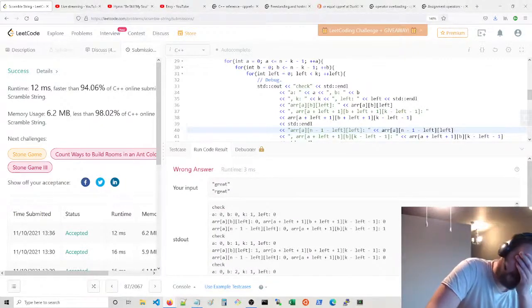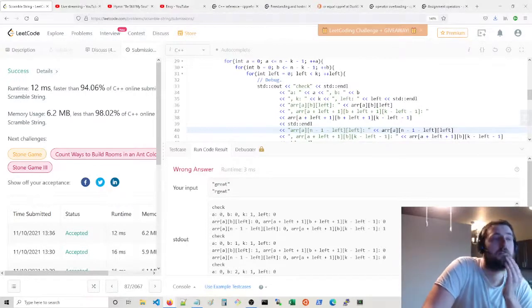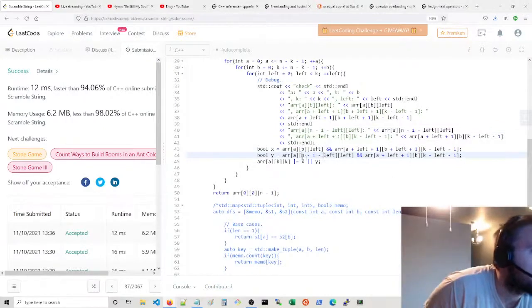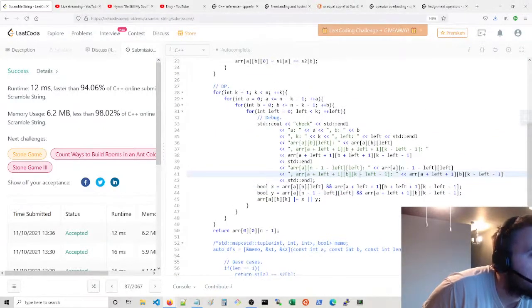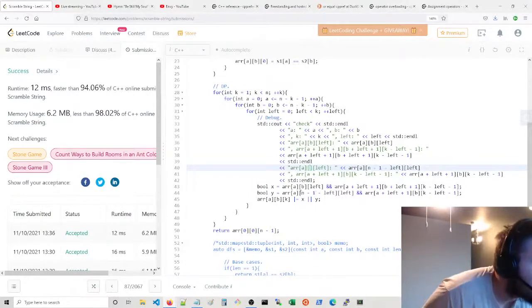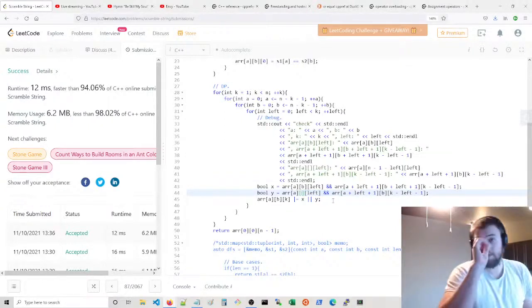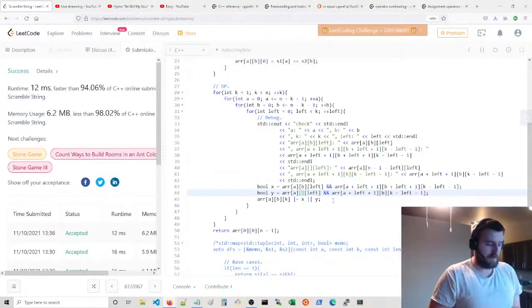Because we're looking at subsections of the strings, not always starting from the end. So that's why my N minus 1 is incorrect. I didn't even think about it. It's a logical error, so shame on me. This should be B. No, this should be, so